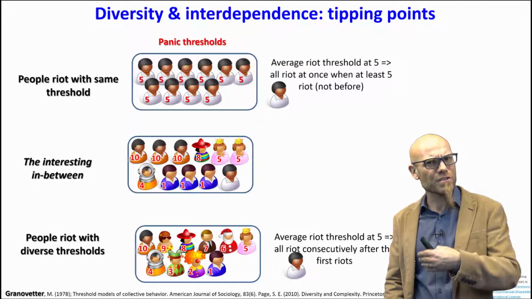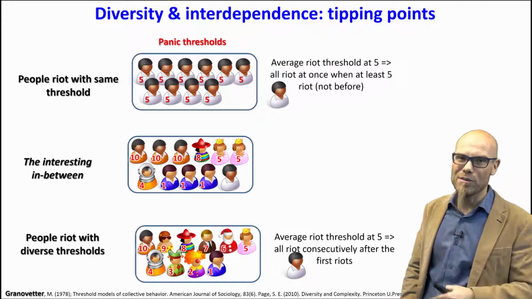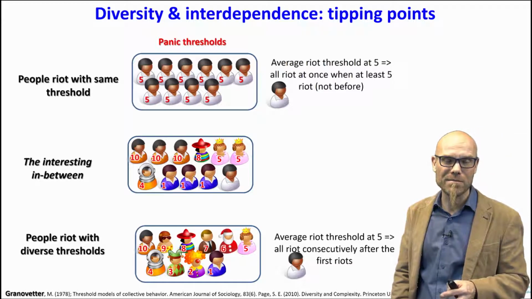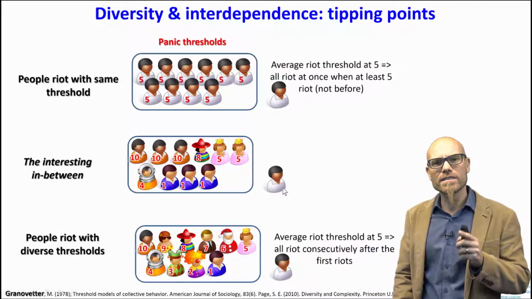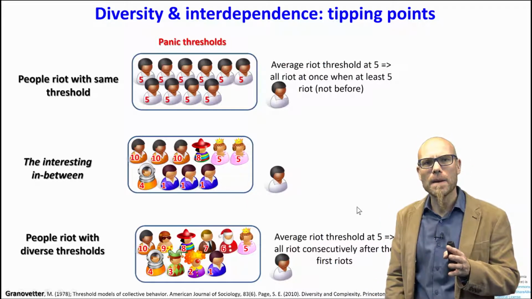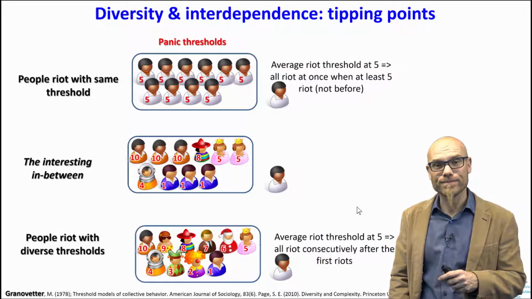And there are groups of us which are more similar, and that's the interesting in-between, between all being homogeneous or all being extremely different. What would happen in this case? So the first person starts to run in the mall. What would happen now? Feel free to count through it.